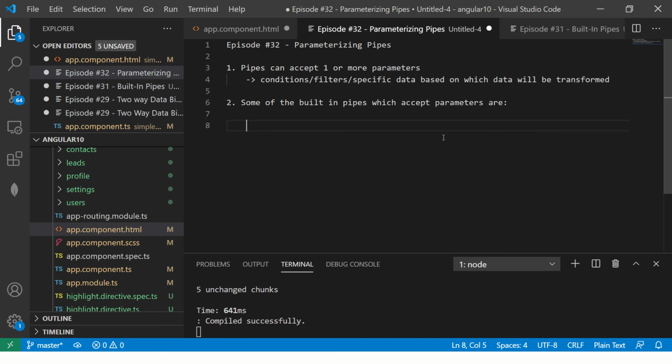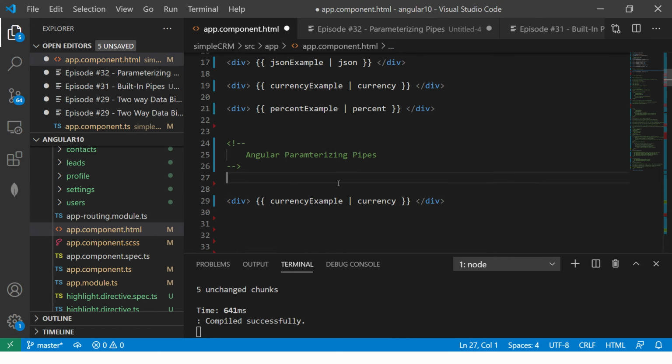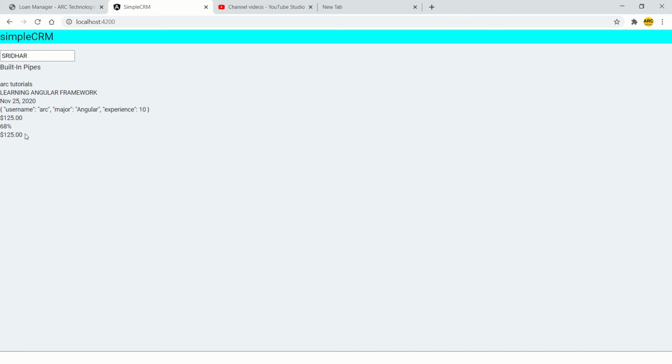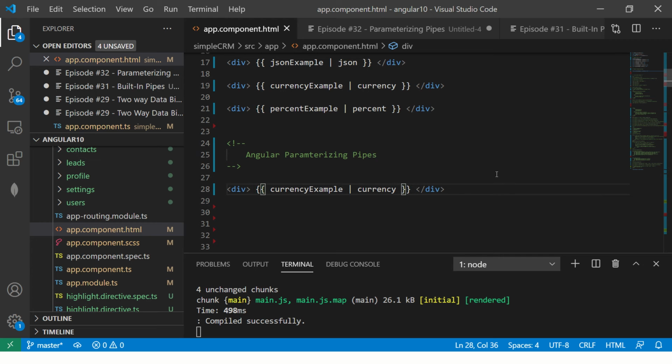First we'll see a few things. The first one that we'll see is currency, and then I'll show you some more as we go along. Let's take the currency example. Here we have the currency, and by default we know that it shows USD, which is the dollar. Now, how do we pass parameters? We put a colon and then say what you want to show. So if I say USD, here I'm saying format this particular data, apply the currency pipe, and apply this parameter, which is USD in this case. You write it using a colon, so you pass